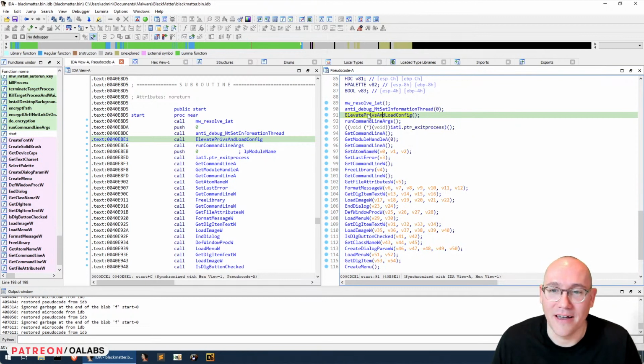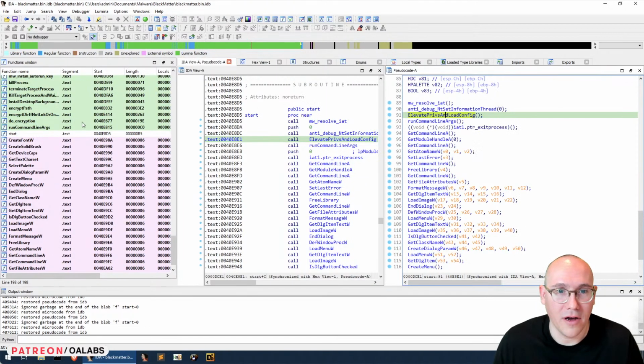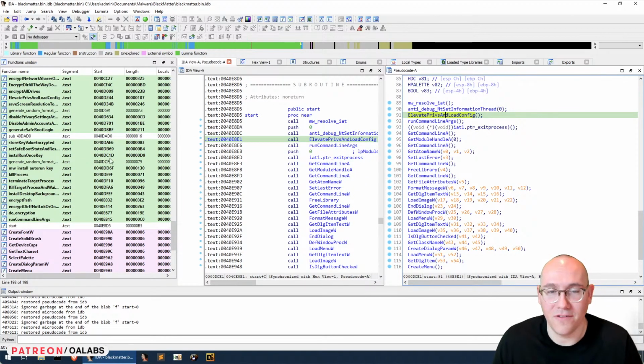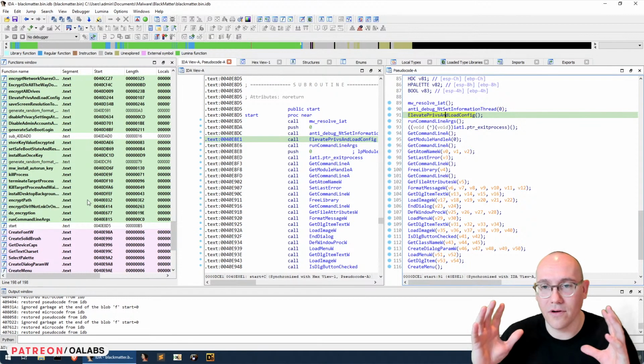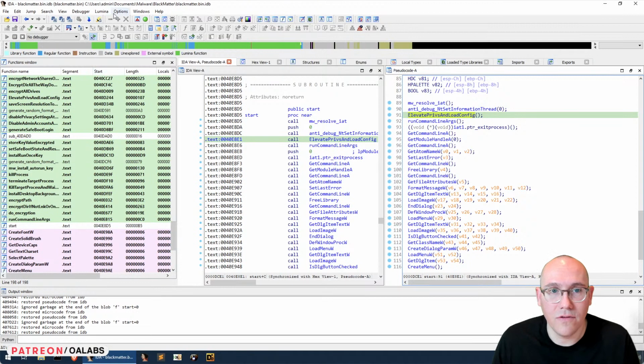So before we jump into talking about this function, I want to talk for a second about these insane naming conventions and why they're all different, and why some of these functions are marked as decompiled. That's because there are a few functions that I wanted to mark up myself for this stream so that I could go through them and knew that everything would be correctly typed. And then there are other functions that I didn't have time for, or didn't really care about, but I wanted the functions to at least be labeled here so that we could talk about the structure of this ransomware. And so for that, I used the Lumina